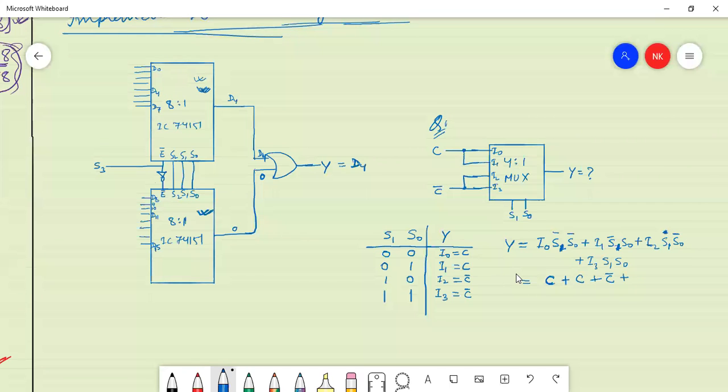And for the fourth case, we also have C bar. So what should be the output? It should be C plus